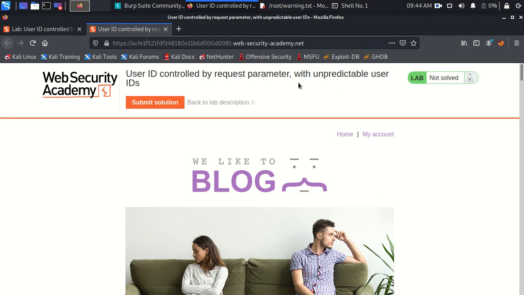Now in this lab we have the same scenario, but the developer updated the ID parameter value to a user ID, and they made the user ID in such a way that you cannot easily guess it.